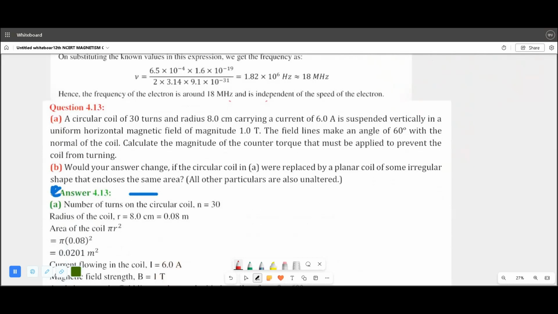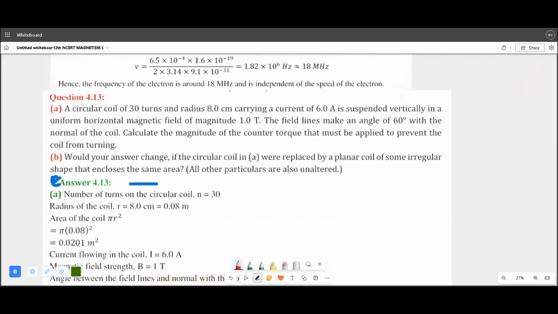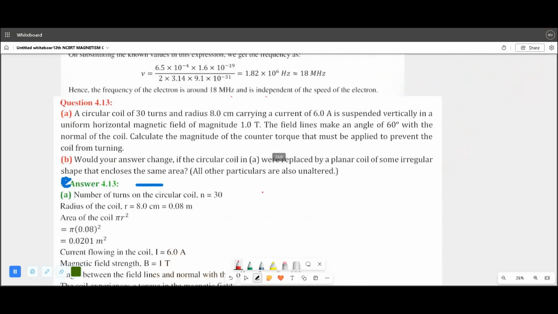A circular coil of 30 turns and radius 8 centimeters carrying a current of 6 ampere suspended vertically in a uniform horizontal magnetic field of magnitude 1 Tesla. The field lines make an angle of 60 degrees with the normal to the coil, that means theta is given to you as 60 degrees. Calculate the magnitude of the counter torque that must be applied to prevent the coil from turning. तो यहाँ एक्चुअली आपसे टॉर्क पूछ रहे हैं, तो N B I A sin theta का फॉर्मूला आप लगा